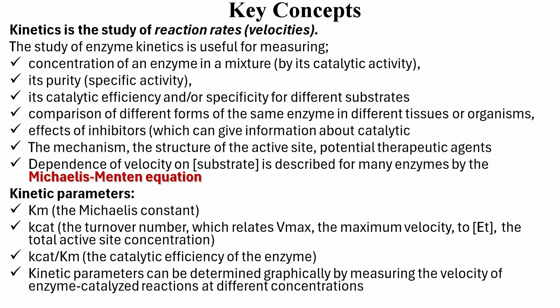Now also, the kinetic parameters can be determined graphically. Naturally, when we study rate of reaction, you normally determine these parameters by plotting a graph and reading them out from your graph. So we determine them graphically by measuring the velocity of the enzyme reaction at different substrate concentrations. We are going to see all this in a moment. So let's look at a simple model